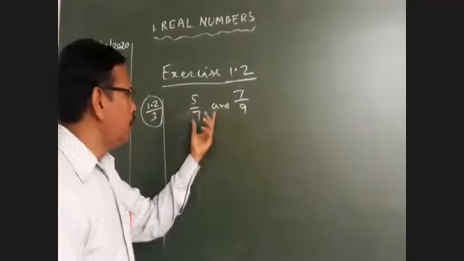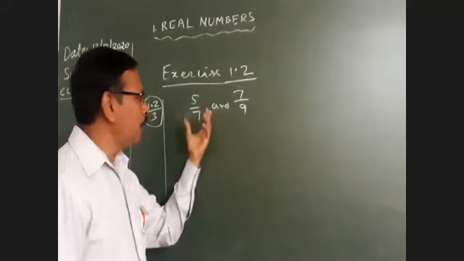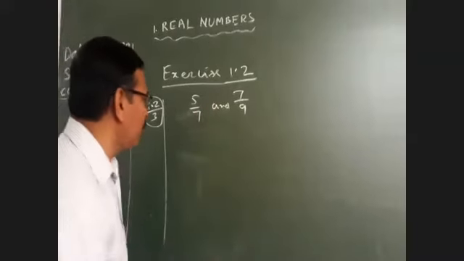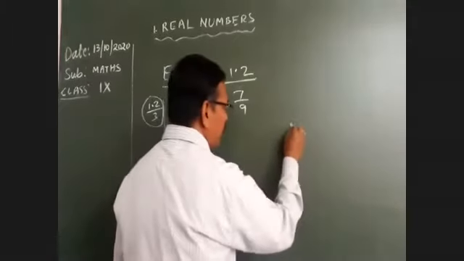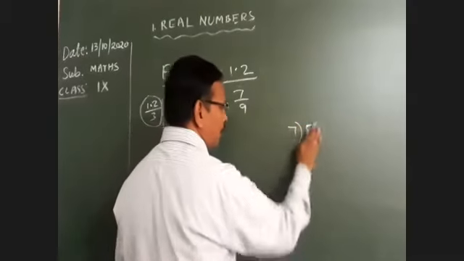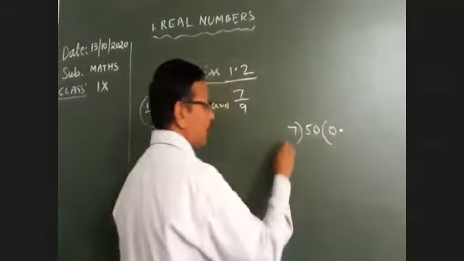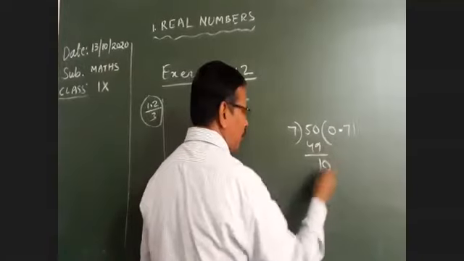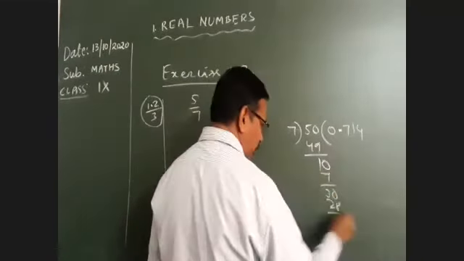That we already know. Between any two rational numbers, there are infinite irrational numbers. So in that we will find 1 or 2 or 3. For this, what is the method? Convert 5 by 7 into a decimal number. 5 divided by 7: keep 0 point, 7 7s are 49, 1 remaining, 0; 7 1s are 7, 3 remaining, 0; 7 4s are 28. You stop up to here.